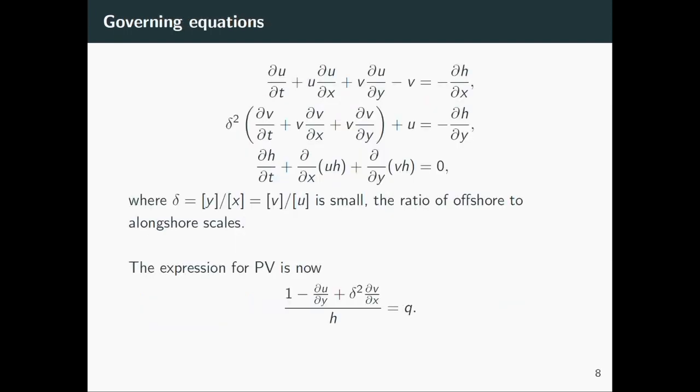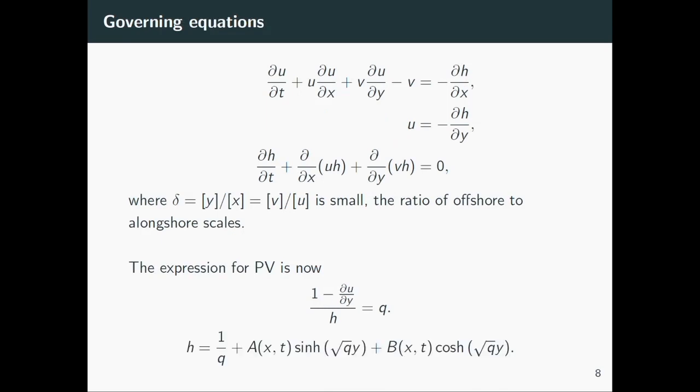So we have this model. It's the time-dependent rotating shallow water equations, still too complicated for analysis, so we introduce a small parameter, which is the ratio of the offshore to the alongshore scales. First order in that gives us these semi-geostrophic equations, which means there's a geostrophic balance in one direction only. And we can put this into our expression for potential vorticity, solve it, and we get a nice ODE,